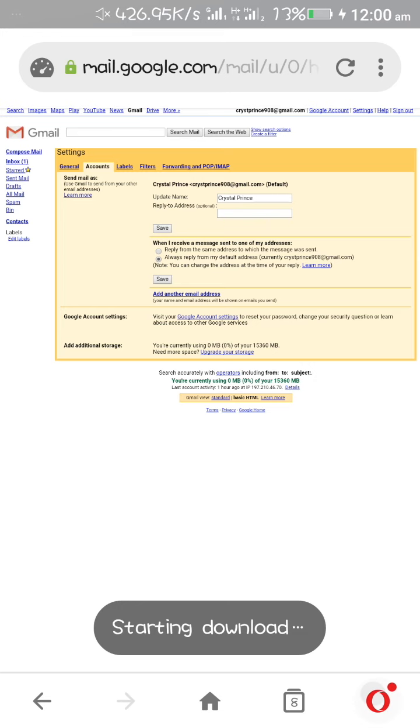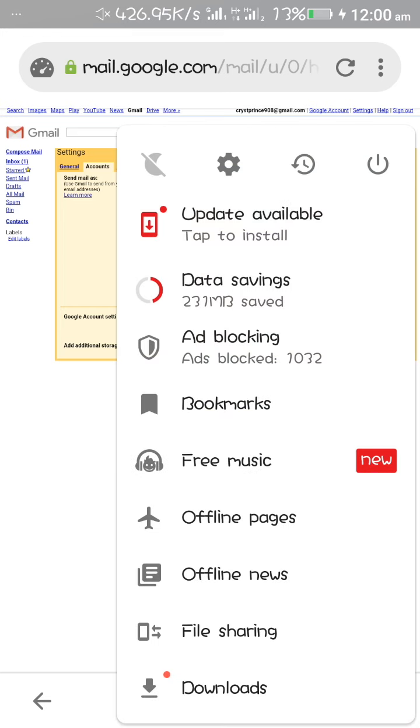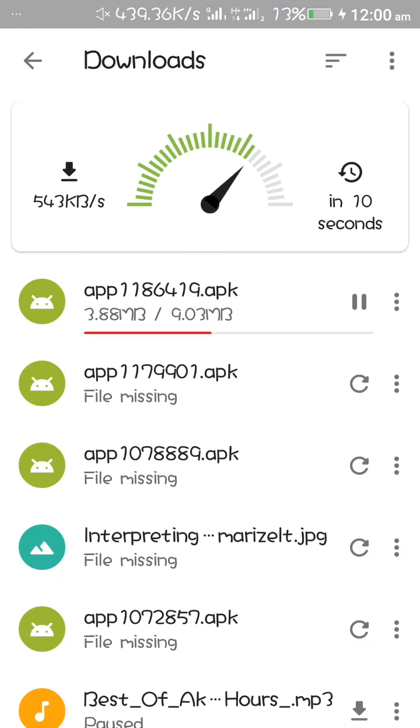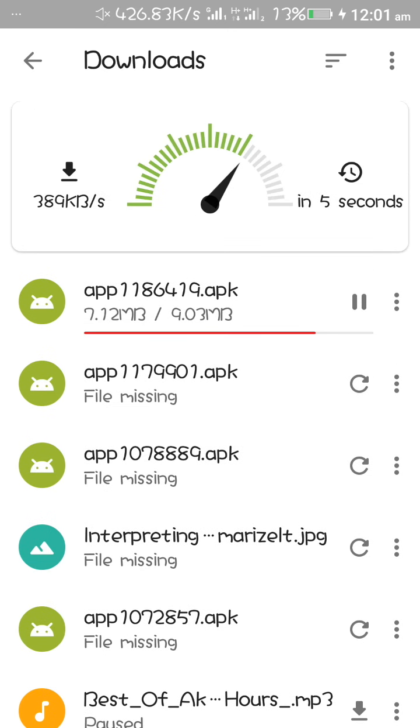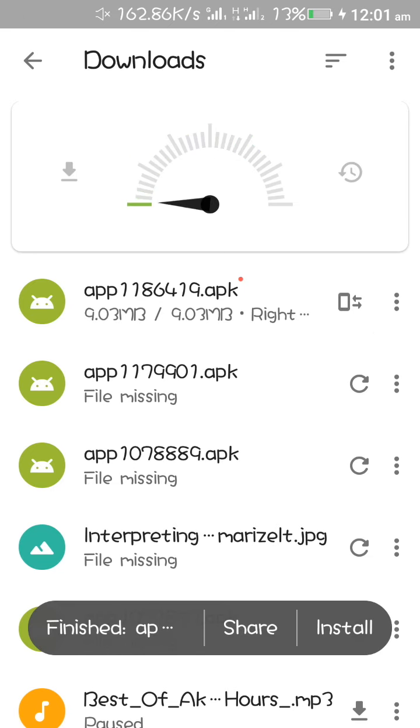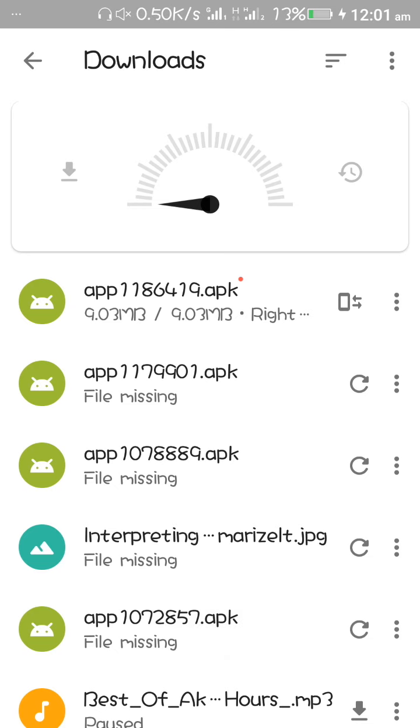I will go to my downloads. The app is downloading. You can see the recent app that I've created. I've downloaded it for people. You can create for yourself, start a business with it, or do one or two things with it. Or you can create for people too. I'll teach you how you make money with any app you create, and how to get clients to create apps for them. Then you click on the app you just created.